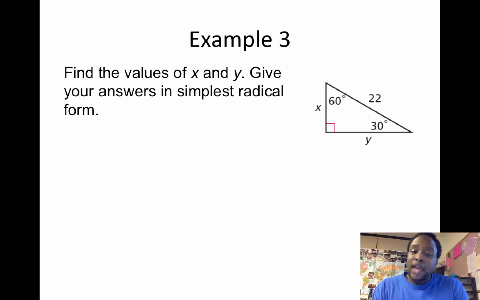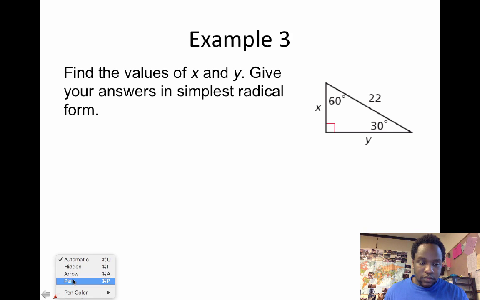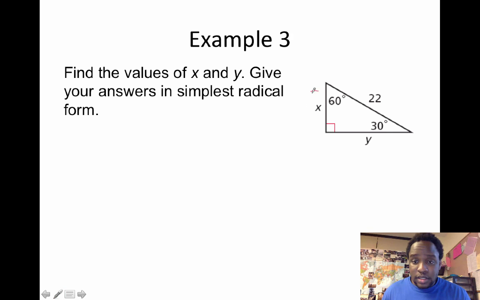Find the value of x and y. Give your answers in simplest radical form. Before we learned the ratio of sides of 30, 60, 90 triangles, we would not be able to solve this because we would need 2 sides of a triangle to figure out the third. But since we know that it is a 30, 60, 90 triangle, and that the side lengths are S, S radical 3, and 2S,